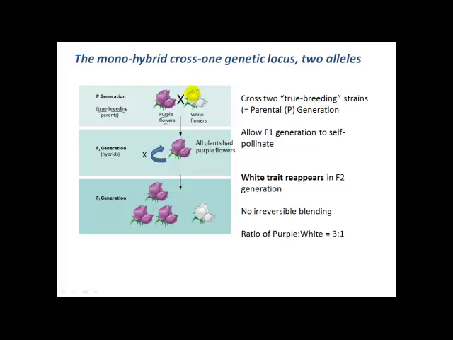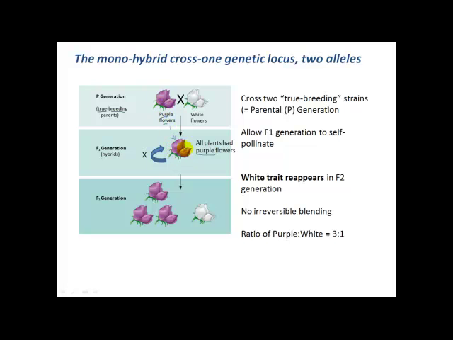So initially he took these two strains of peas with this contrasting trait of flower color, and he crossed them with one another. He controlled the pollination and crossed them with one another and examined the physical trait or characteristic that he observed in their offspring. And what did he observe in that first filial generation, or F1 generation? He observed that all of the plants had purple flowers. In fact, these plants looked identical to the parent plant that also had purple flowers.